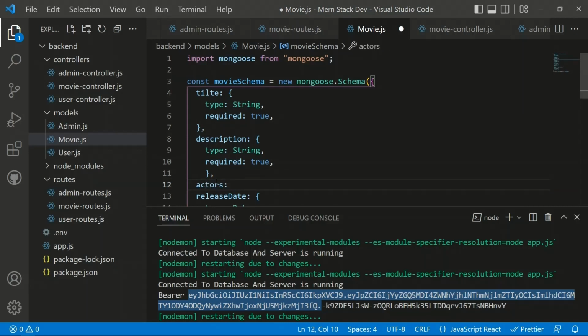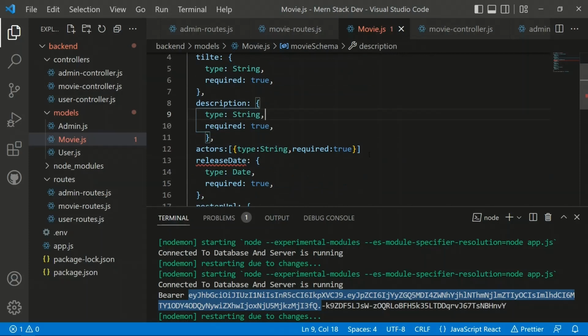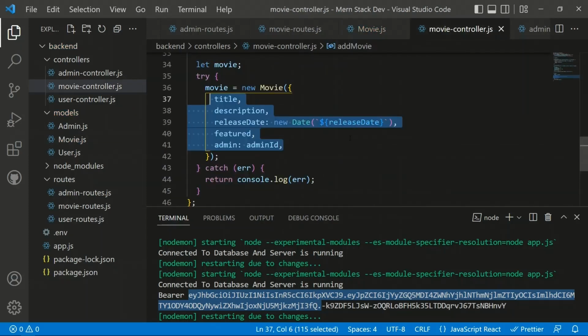So we can have here the actors, and it will be an array of strings. So we can have the array where the type is equal to string, and the required will also be true. So we have the array which will have the type of string, and required is equal to true. So we have these properties for the actors, and then we can move on to the movies controller,